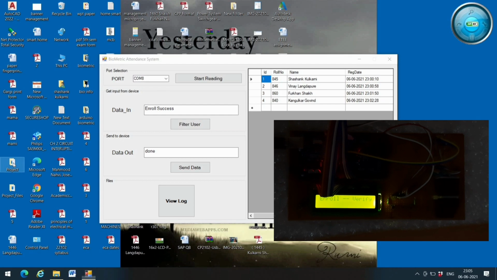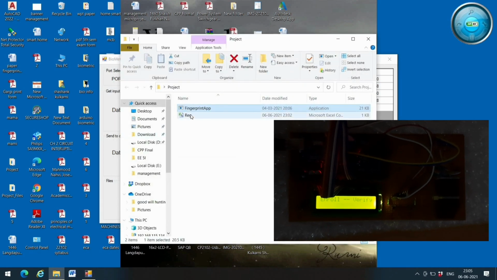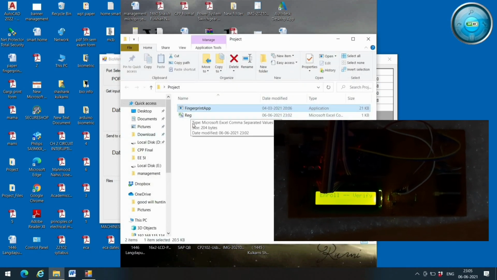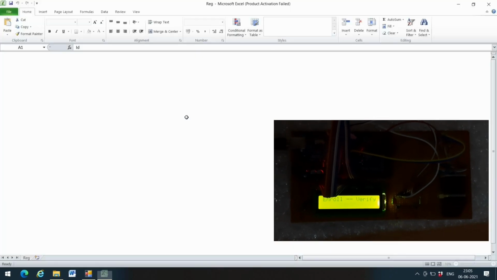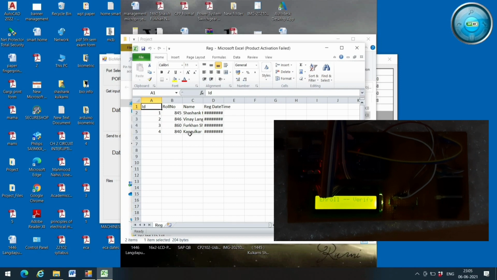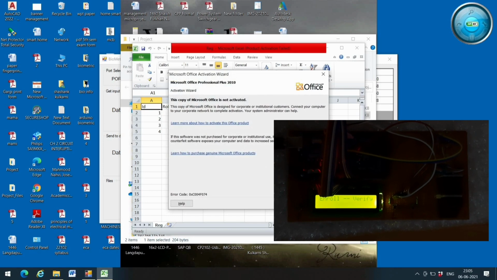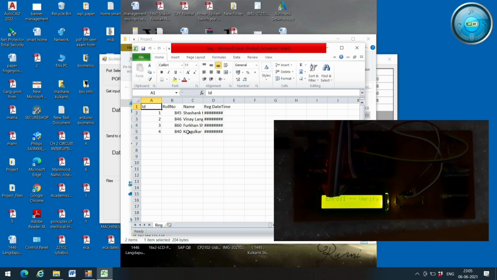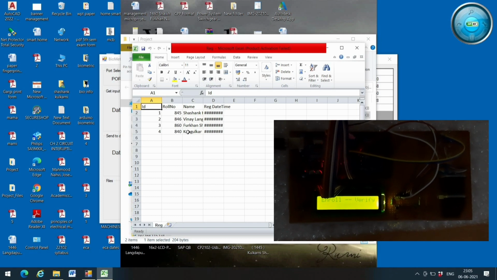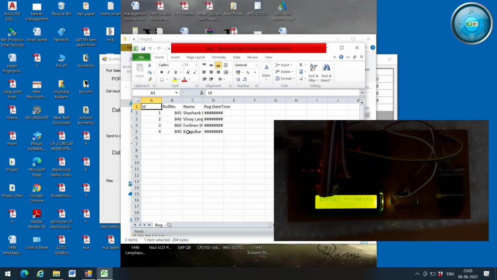In this project file you can see that there is a registration file. Excel sheet is automatically created. In this Excel sheet you can clearly see that these 4 students are registered. Now we will record their attendance.